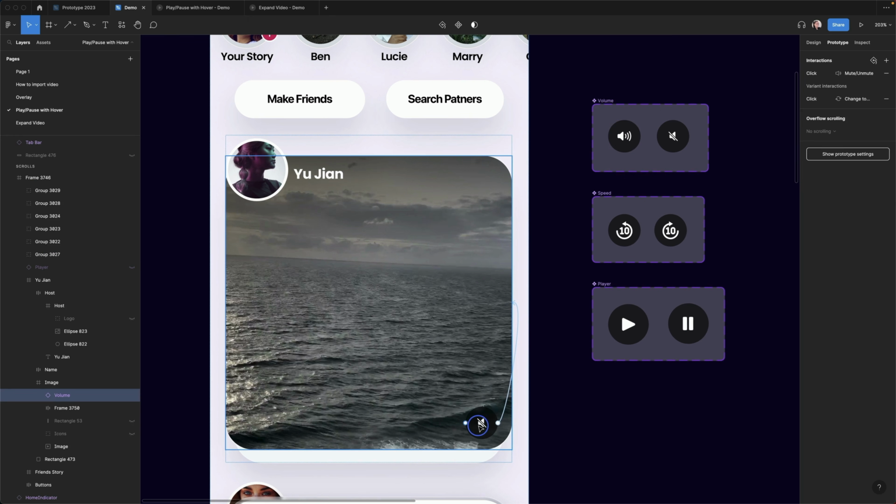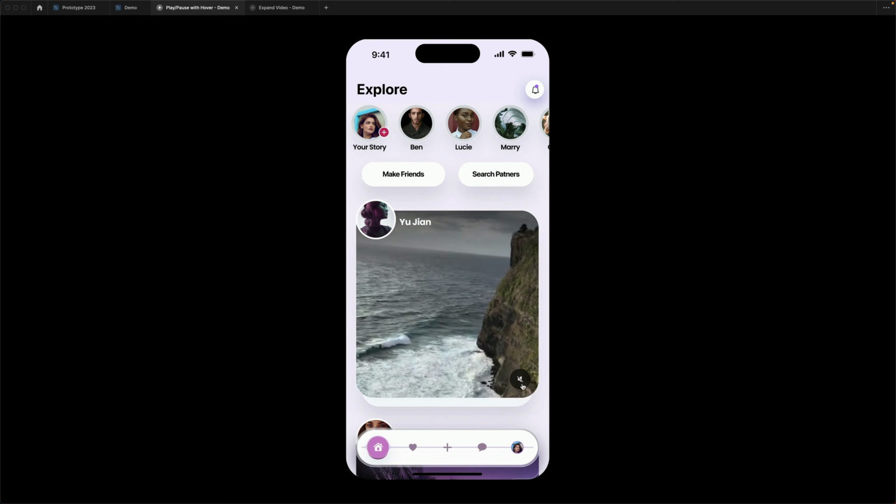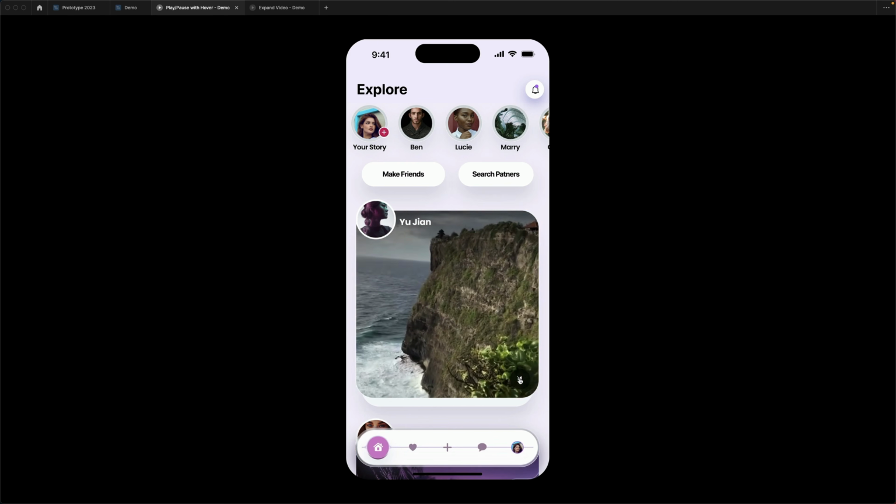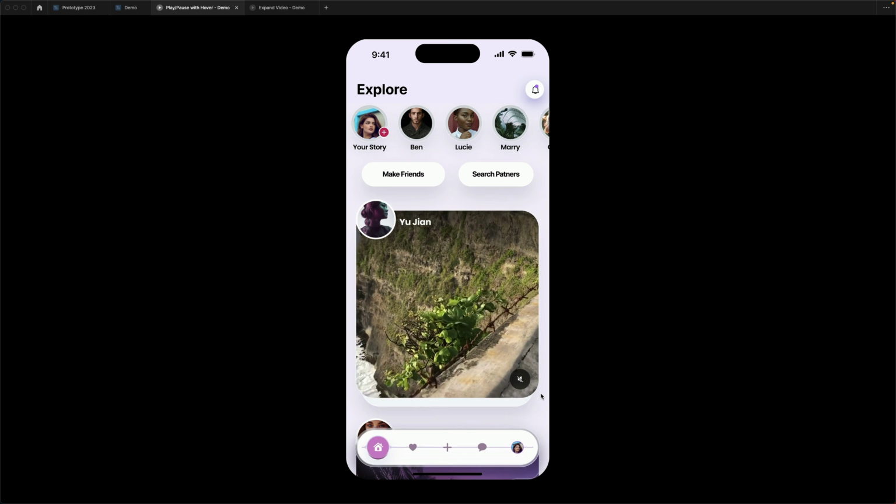So when the component is connected, we can now apply it to our design. Drag and drop from your component and place it at the bottom right corner. Now let's connect the volume icon component to the video frame and select mute-unmute video. Now let's play the presentation view. So if I click on the unmute, we are going to hear the song. Turn it off again to mute.